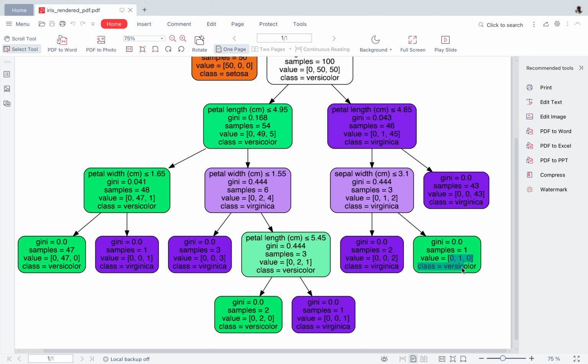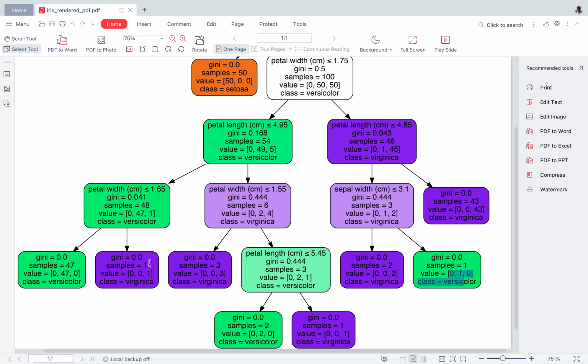So the deeper we go, the more conditions we build, the more we are overfitting. That means this only works for the training data, right? It is getting too specific to the training data. That is where we try to control this by saying, hey, you don't have to go too deep, we can cut it off at one particular level, so that our accuracy improves on the testing data as well, right?